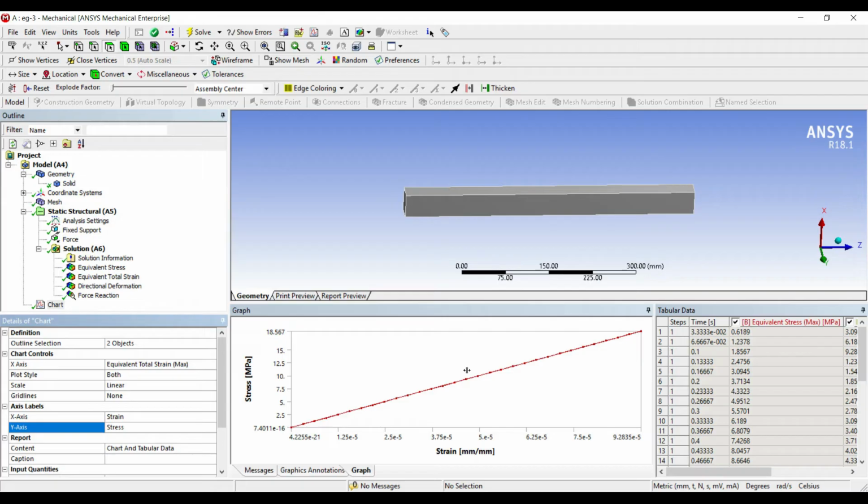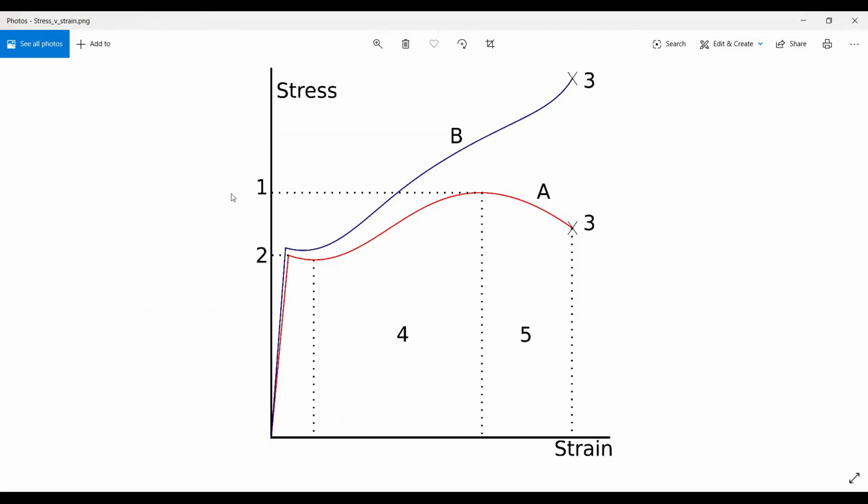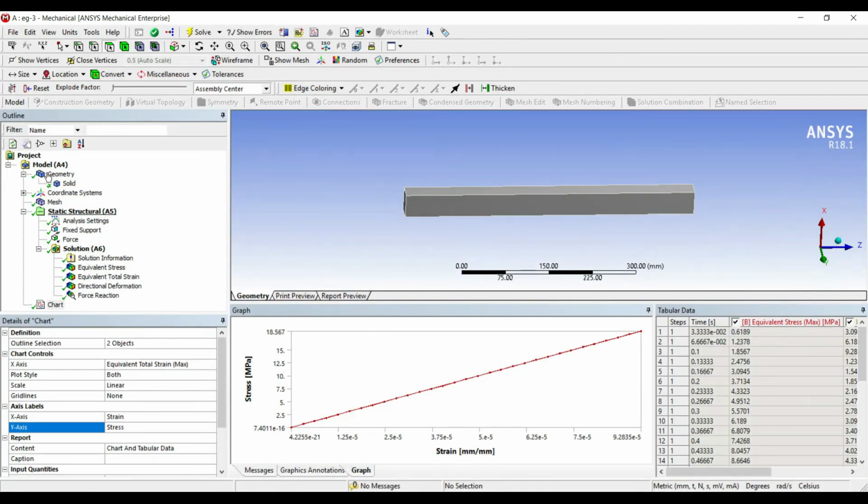This is the graph which will be obtained because this body will undergo failure and there will be an increase in length when you apply the force. Here the failure cannot be captured because we are using simple static structural analysis. For calculating the failure, I will have to use explicit dynamics. I will make a video on that as well. So as of this problem, you can only capture the linear part of the analysis. The non-linear part, the curve which you are expecting, something of this sort, you are only capturing up to this point 2. This point 2 to 3 is not captured. For capturing this non-linear or the plastic zone, we have to use explicit dynamics.